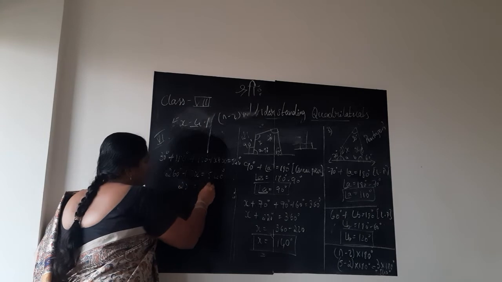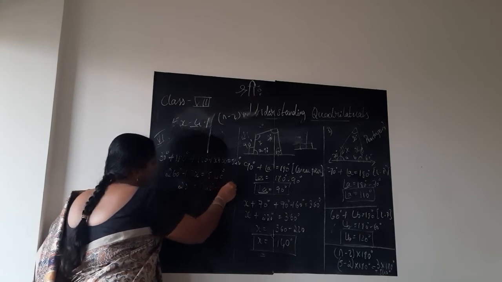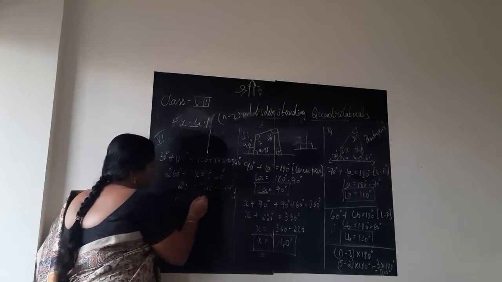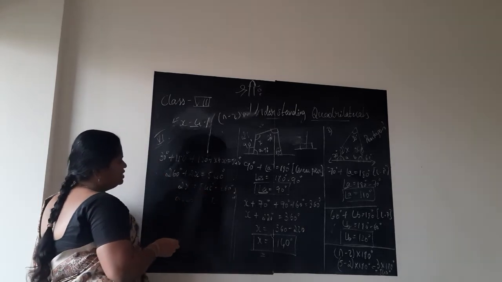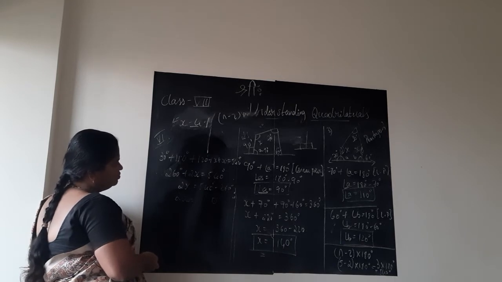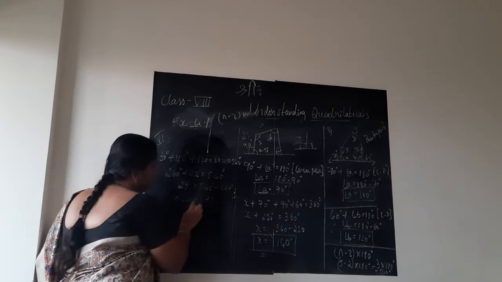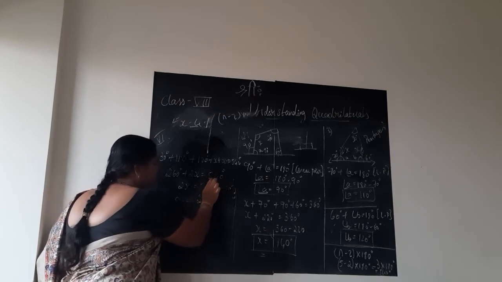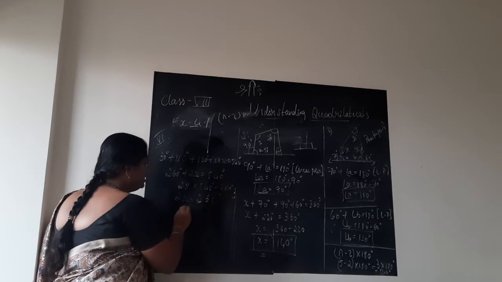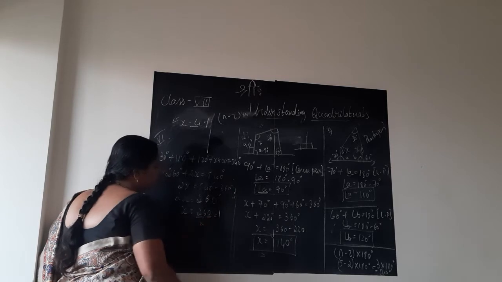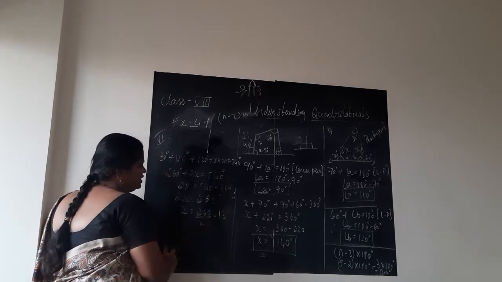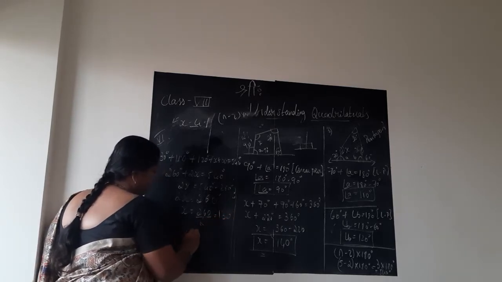2x is equal to 540 degrees minus 260 degrees. How much is 540 minus 260? 0. 14 minus 6 is 7, and 5 minus 2, no, 4 minus 2 is 2. 260 degrees you will get. 2x is 260, so x is 260 divided by 2. 2 1s are 2. 2 3s are 6. 0. x is 130 degrees.